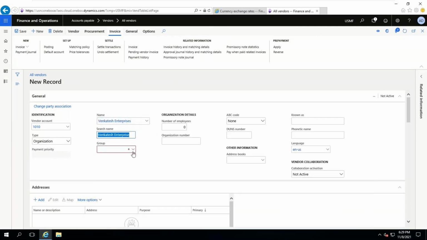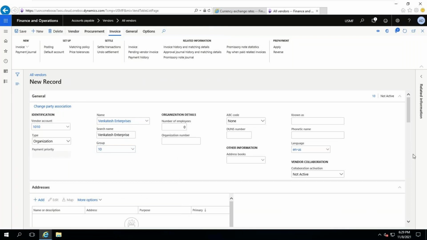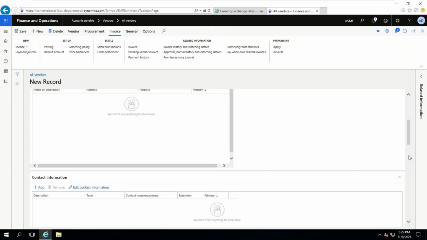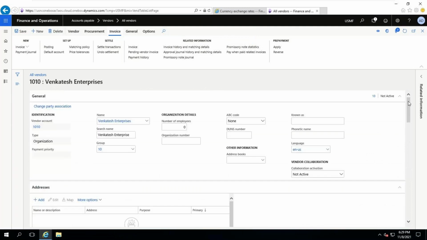I have created one name, and this vendor belongs to the UK, United Kingdom. So their currency is GBP. Now, if you verify the transactions,